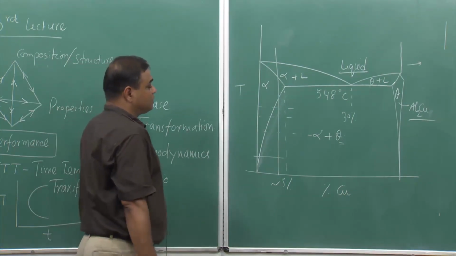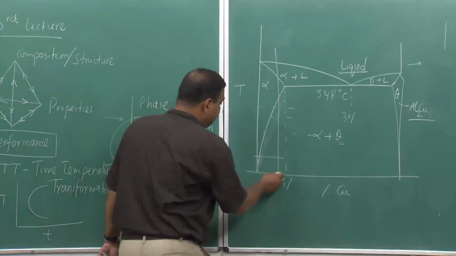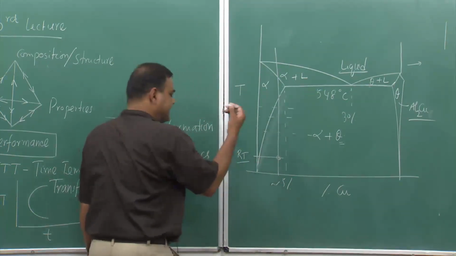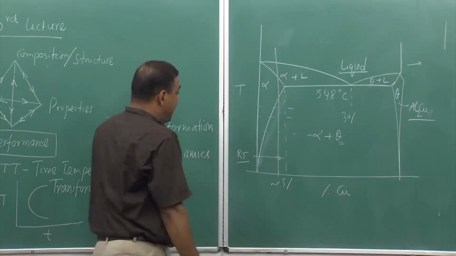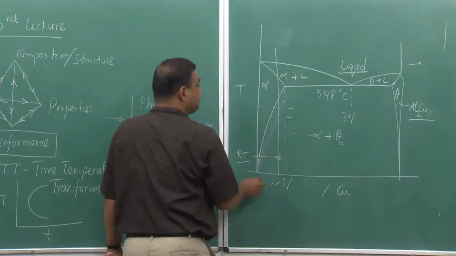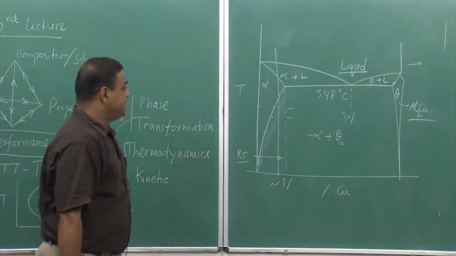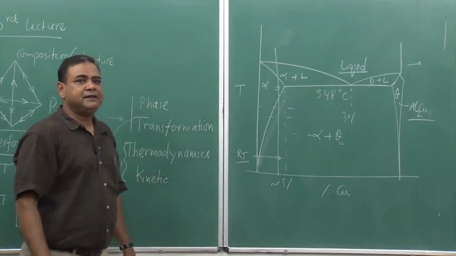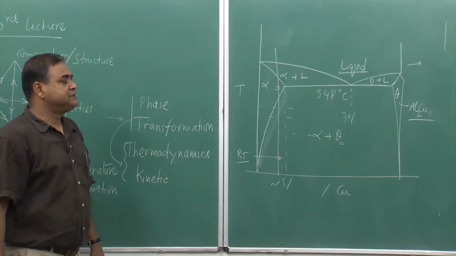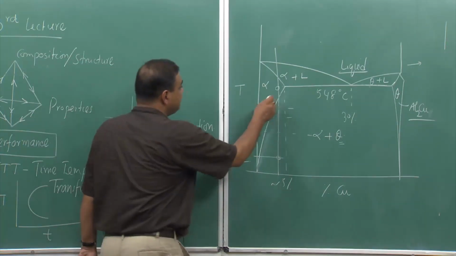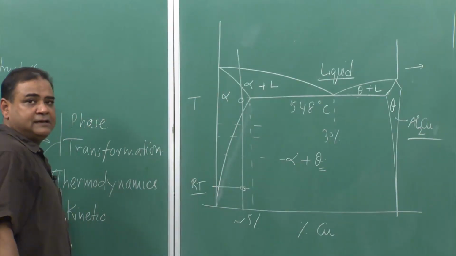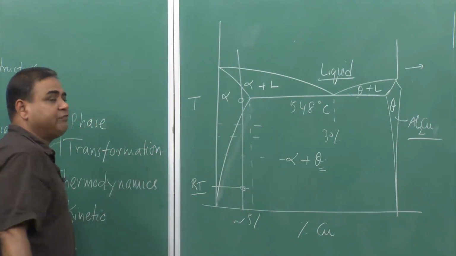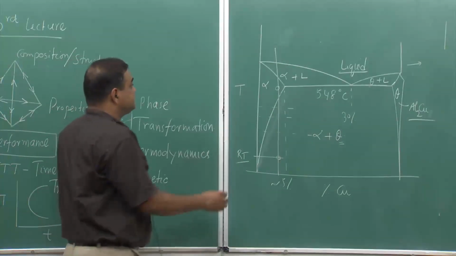Now, what would be the processing difference? Let us say I have some particular sample at room temperature, and at this temperature we have some mixture of phases. If we take it to this level and hold it, everything will mix, and it forms a single phase alpha, which is nothing but